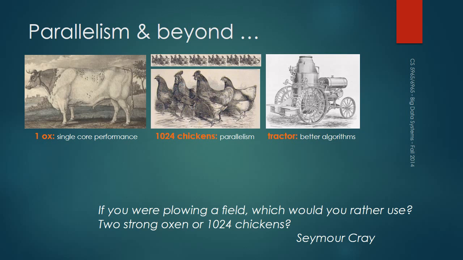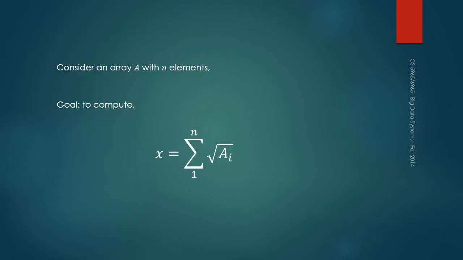So given a set of architectures, whatever is the most current form of the large machines that are available, what you need to do is to ask algorithmically, how do I do it? If you start from how you were doing it on a single core machine, it's not going to scale and it's not going to work, and it's going to look as stupid as saying that I want to go from a single ox to 1,000 chickens. What you need to do is to think outside the box, and in most cases you will probably have to redesign your algorithm. And so that's what you should think of.